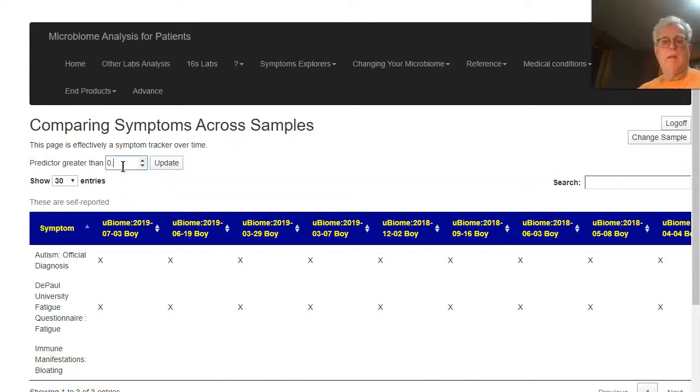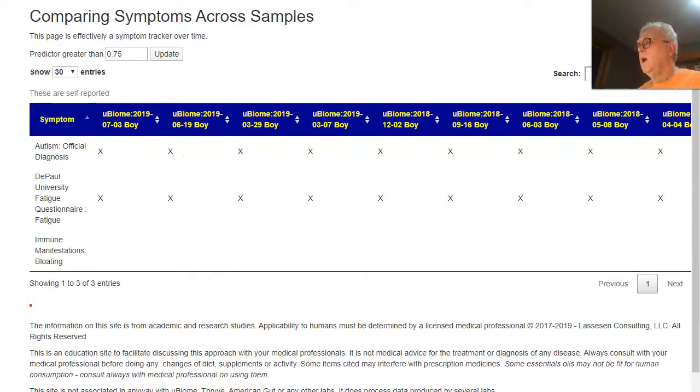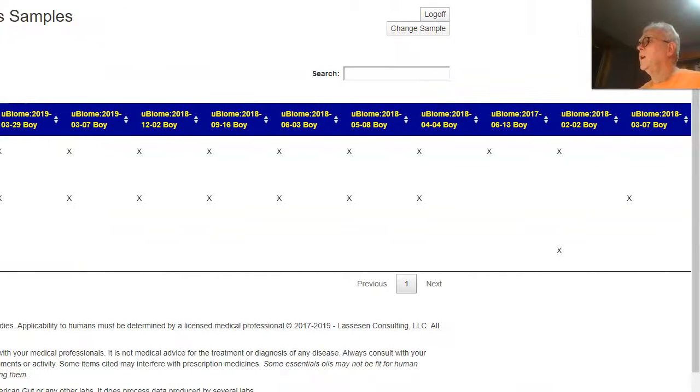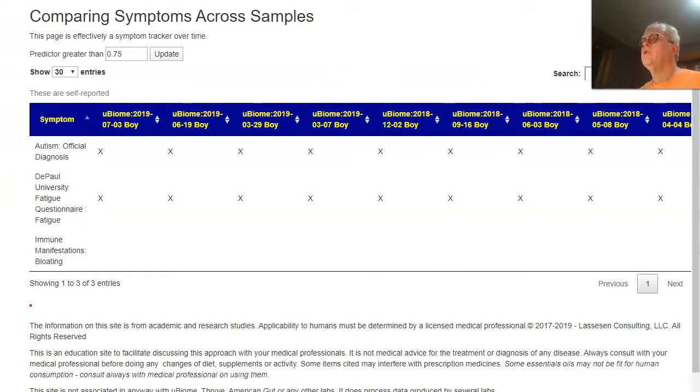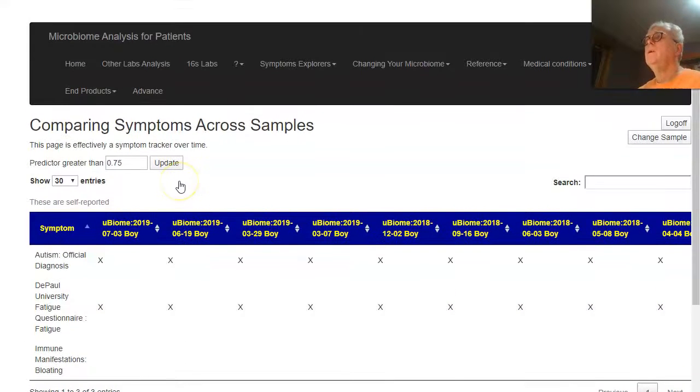But the main thing it does is provide the ability to identify dominant predicted symptoms and work from there. Here I did 0.75 and made no real major change. So that is a quick description of what I have done today to improve the